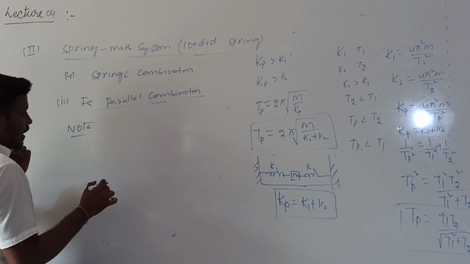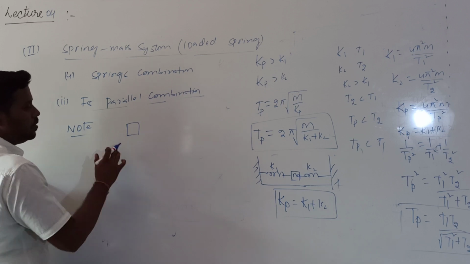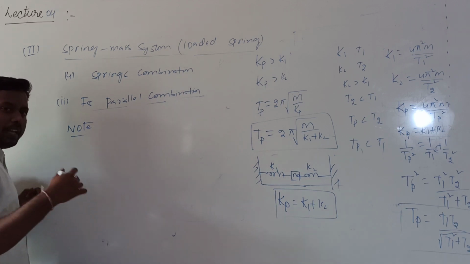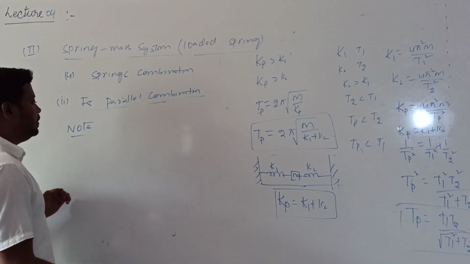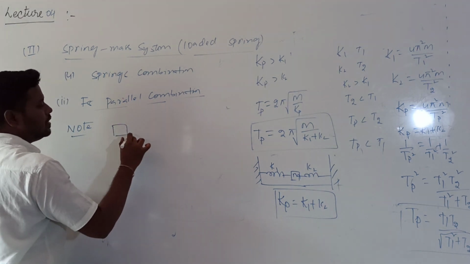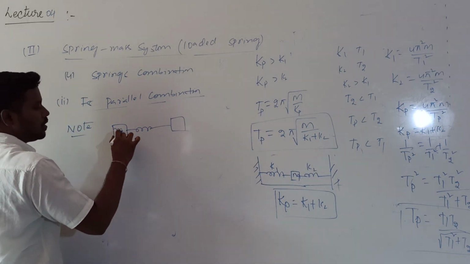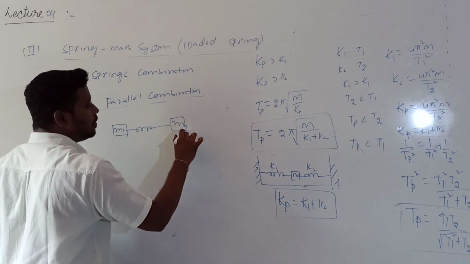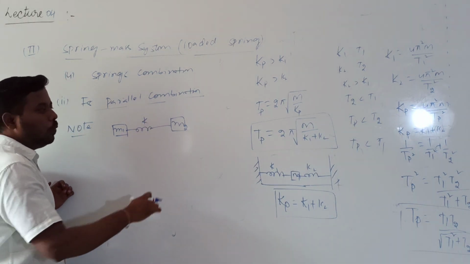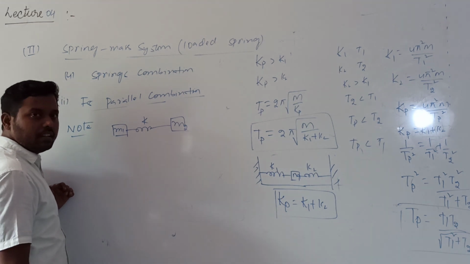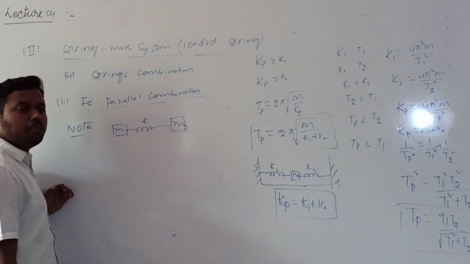Let us consider a block is there, and here another block is there. One spring connects the two blocks of masses m1 and m2. This spring has spring constant K. Now what happened? One block is pulled to one side. Then leave it. The system will execute simple harmonic motion.